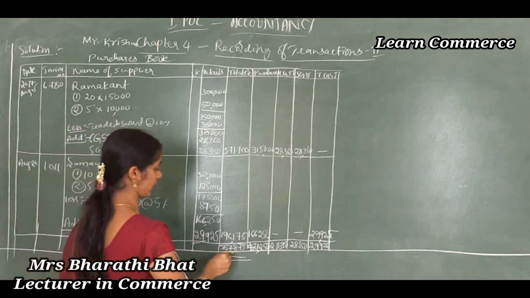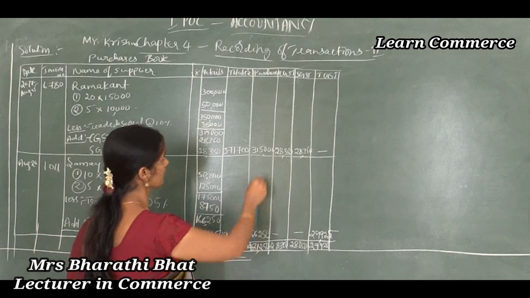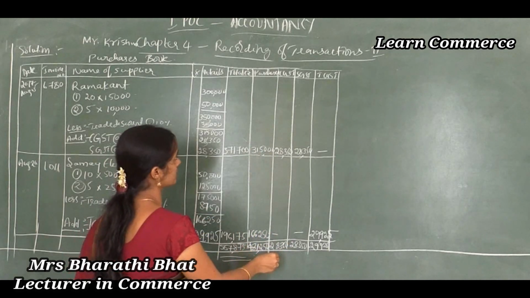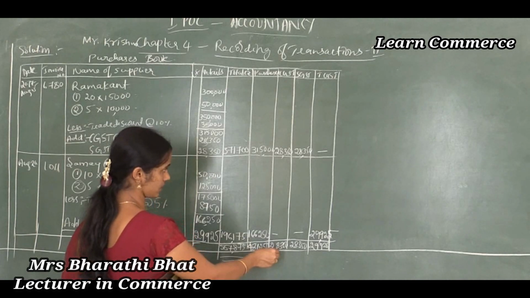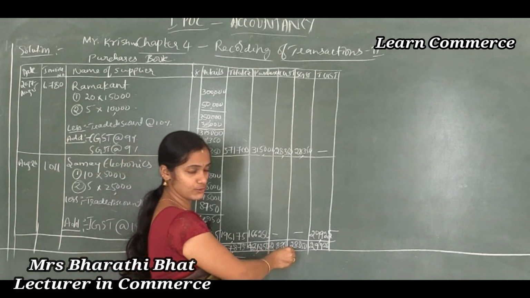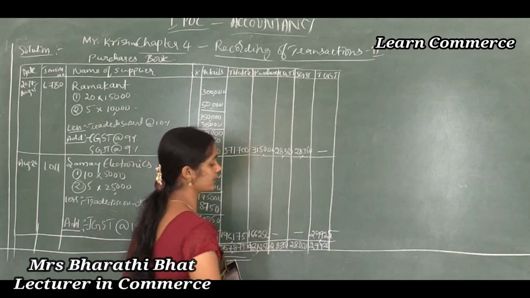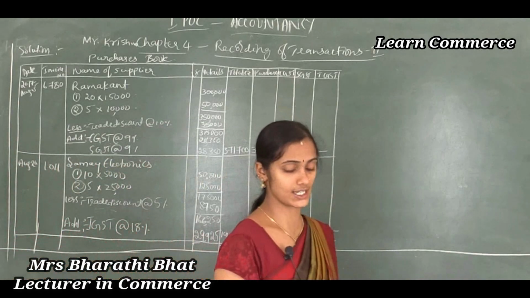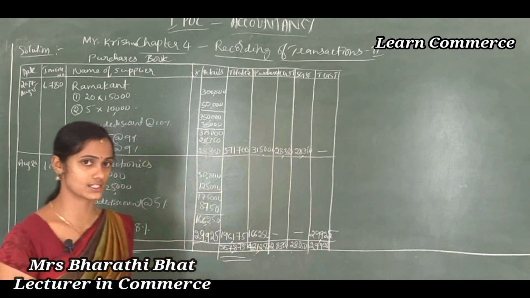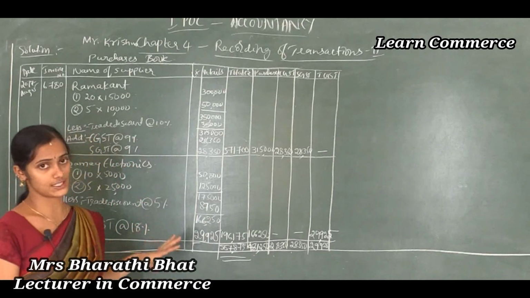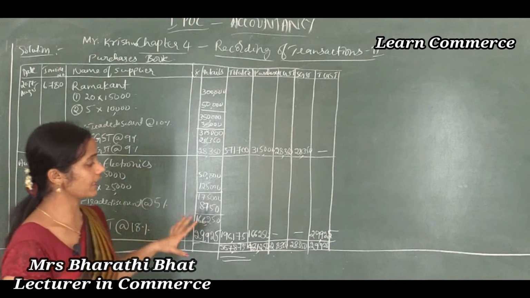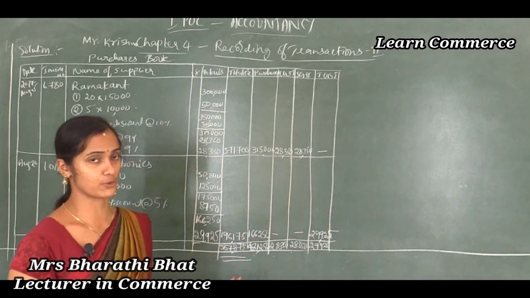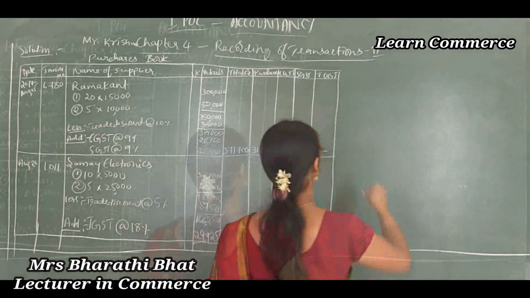So total amount 5,67,875. The total purchase value 4,81,250 and total GST paid, CGST paid 28,350, SGST paid 28,350 and IGST paid 29,925. This is how we can prepare CGST or SGST or IGST illustration in the subsidiary books. Just we completed purchase book, now we have to prepare purchase returns book, correct, right?